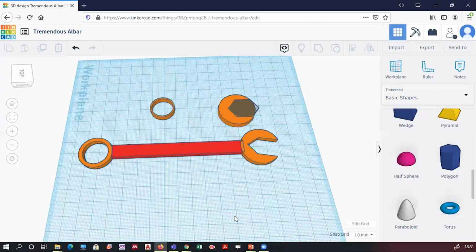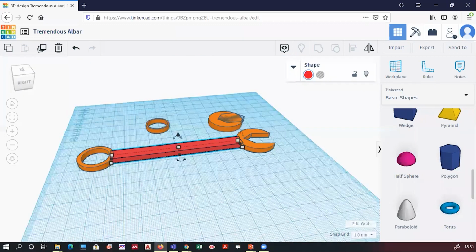Dimension of the cylinder. See, on the left hand side you can keep 25. The right one you can keep 30. At the front of the spanner, the diameter you can keep 30, the back one 25. This one 100 is the length, and the width 10, and thickness overall you can maintain as 5 or 4.